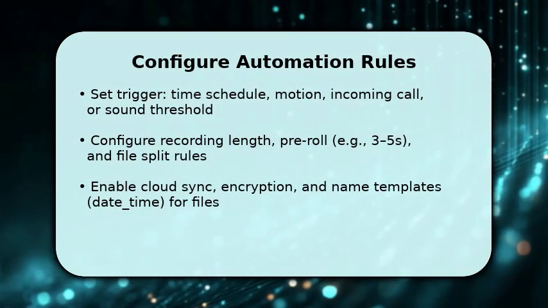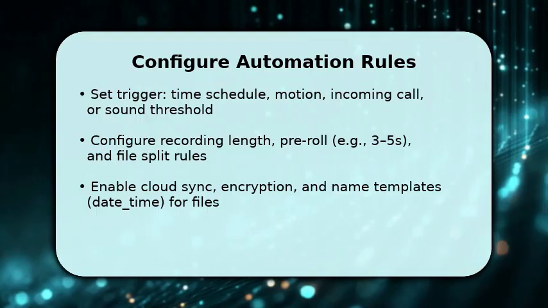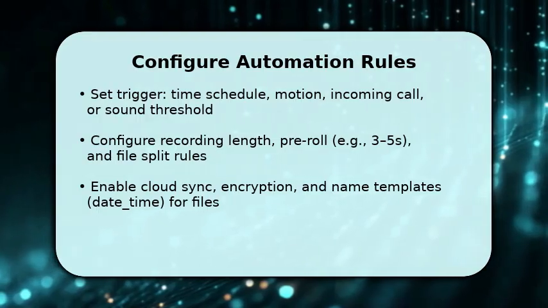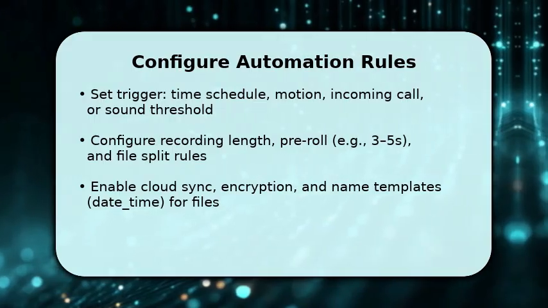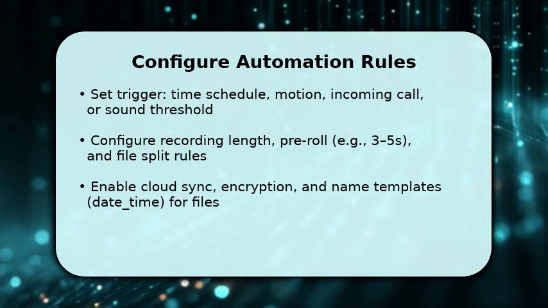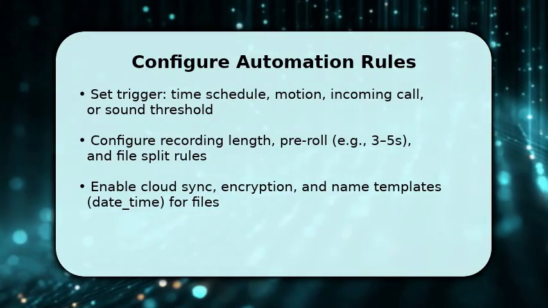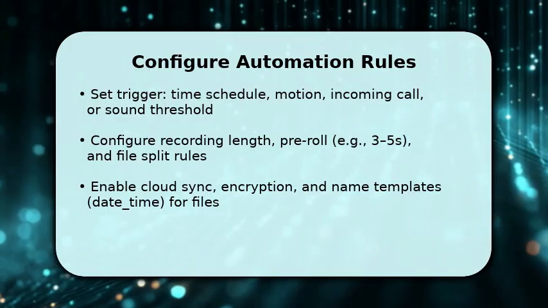You now create the automation rules that start and stop recording. Pick a trigger such as a recurring schedule, motion sensor, incoming call, or a sound threshold. This determines reliability. Then specify recording length, pre-roll of a few seconds, and whether to split long sessions into smaller